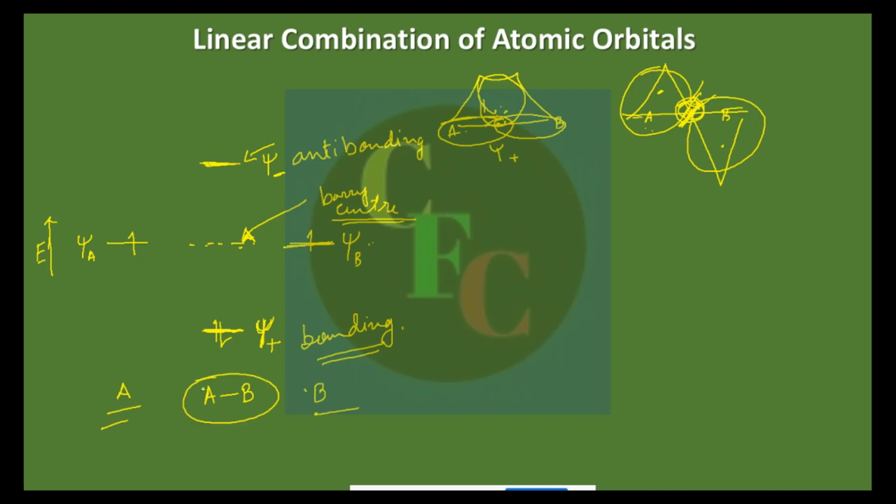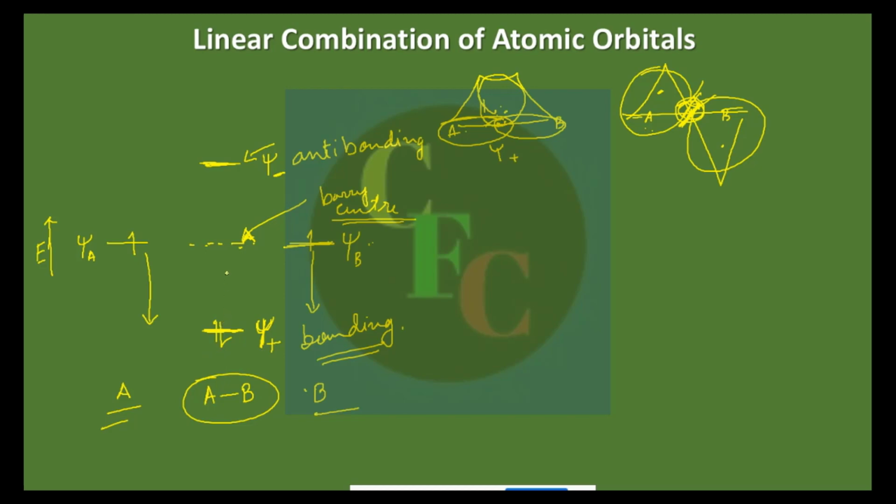We have combined theoretically and shown that if the molecule AB is formed, then the orbitals will look like this. Now we have nothing to do with this A and B individually, and both the electrons will now come here. See, if they come here, they have decreased in energy. From here it has gone down here, from here also it has gone down here. So it is stabilizing in nature. Due to this stability, this is called bonding. So if you form a bond, you are stabilizing both A and B. That's why this is favored.